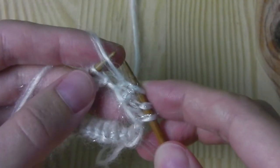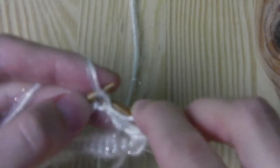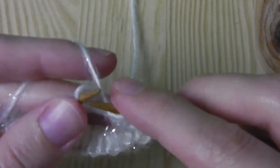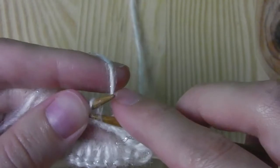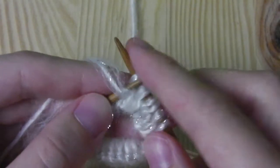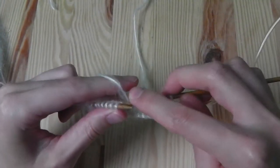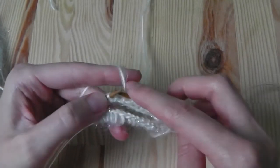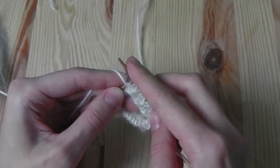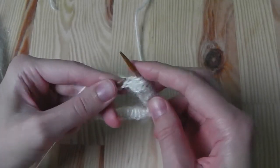Again, put your yarn to the front, insert your needle from above on the front side of your stitch, grab the yarn, pull it through, take it off. The next will be knit 2, then purl 2, knit 2, purl 2, knit 2,